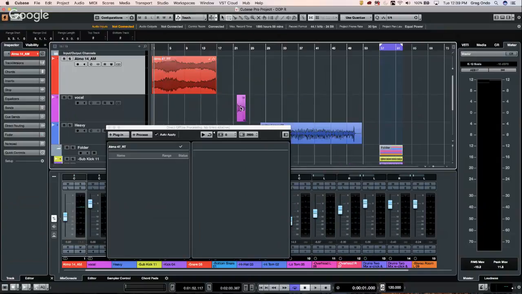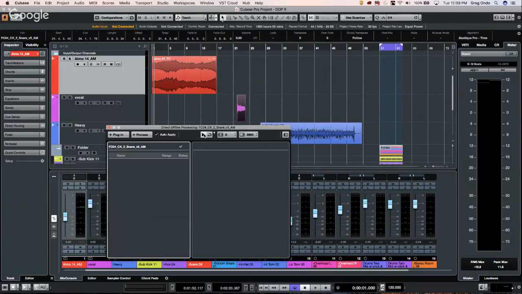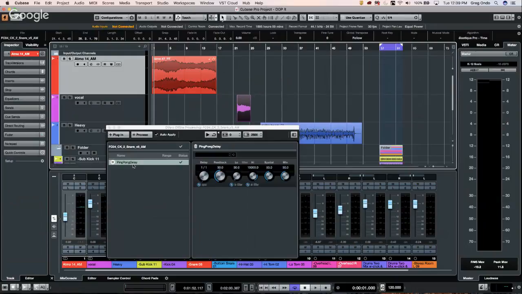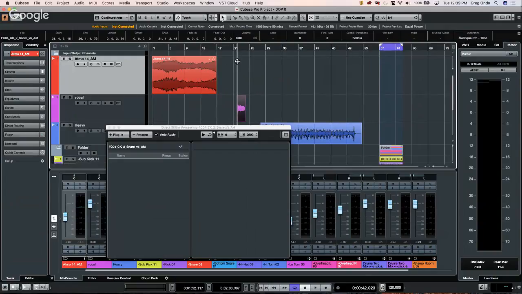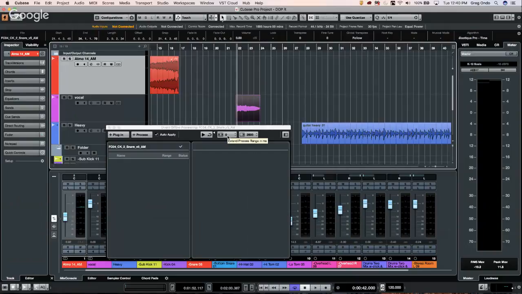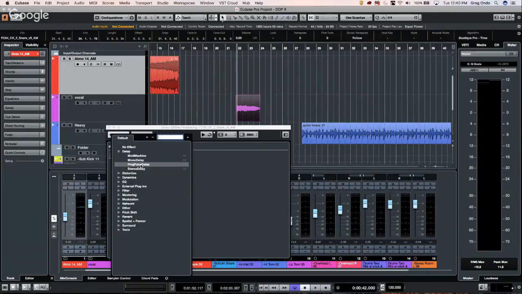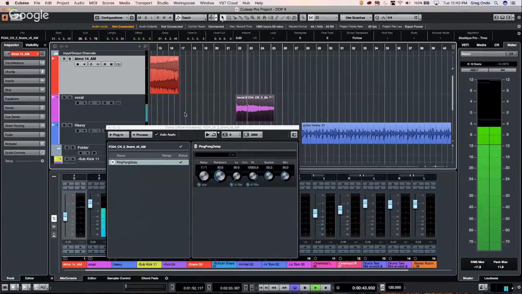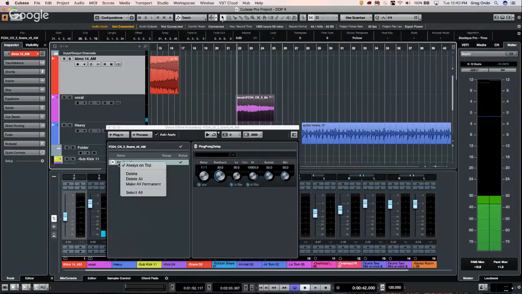If I wanted to listen to a file, I could select it here. And let's say I wanted to process that through a delay of some kind. So we'll come here, I'll do a ping pong delay. As we do this, you may notice that the length of this particular piece will change, because we could extend the process range in milliseconds, or we could do the tail in milliseconds. As we do our delay, we can see that that part will automatically elongate to accommodate the tail. If I wanted more of a tail, we could do that, or I could just say,